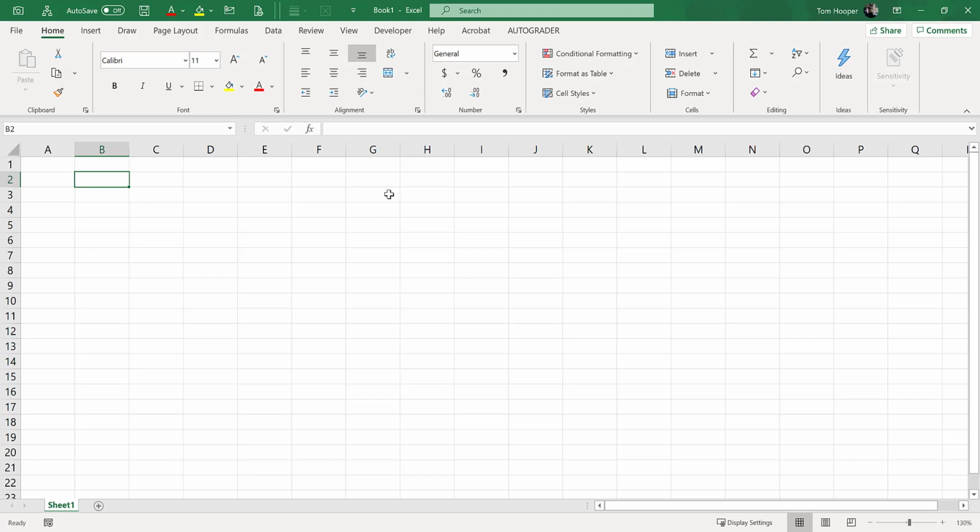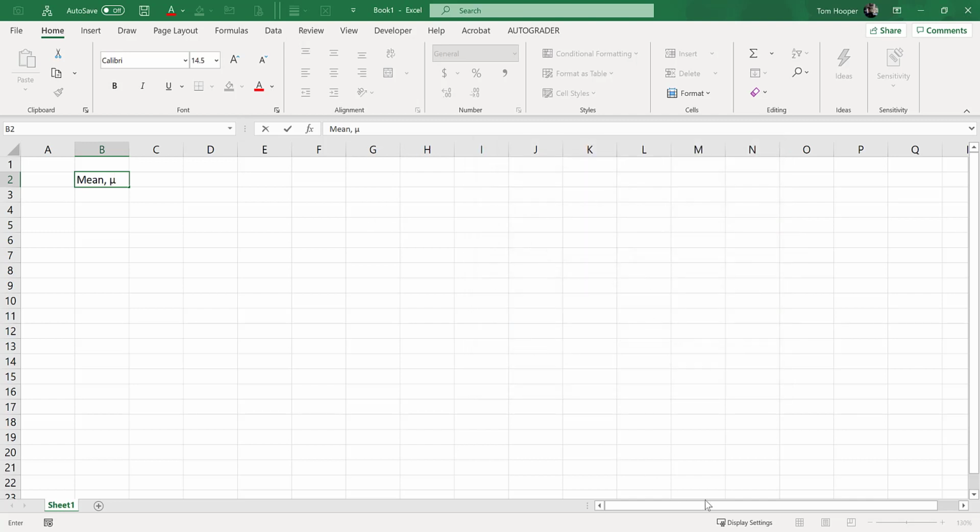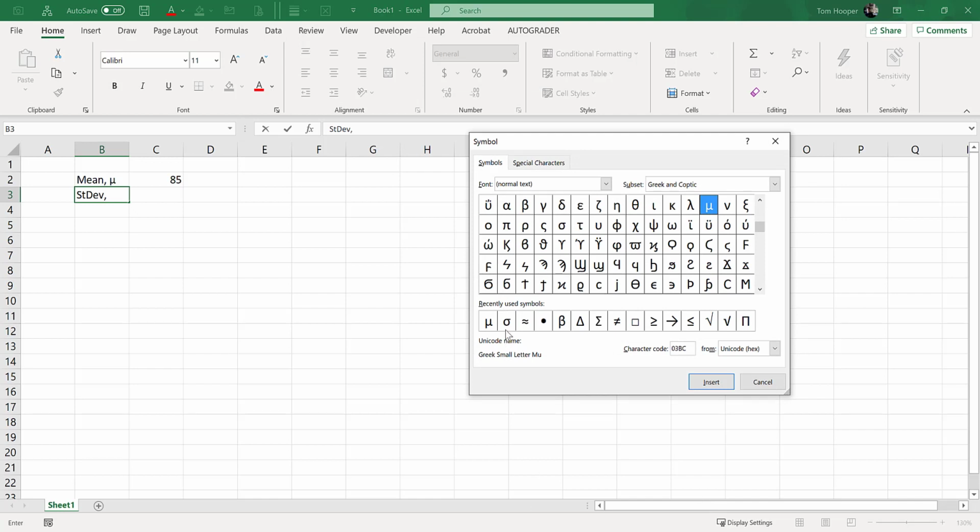Okay, first let's describe my uncertainty about my exam. There's some mean, and I'm going to do an Alt-I-S for symbol. Come down here and choose mu and hit enter a couple of times. And the mean I said was an 85. That's my best guess at what I'm going to make on the exam. But my standard deviation, the measure of my uncertainty, Alt-I-S sigma,